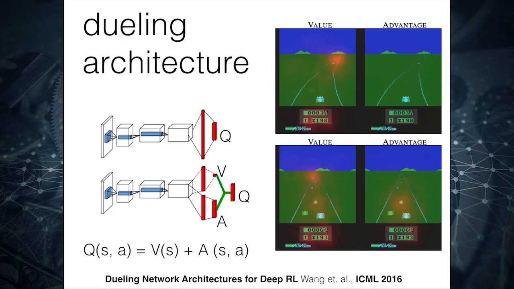So in such games where most of the actions are the same, but some actions become more relevant in certain situations, here, if it goes left, it would crash. So there, the advantage of going right is higher than going left. So this architecture takes into account such ideas. So it's basically an RL-informed neural network, and it's called dueling neural network. It's also very old now.